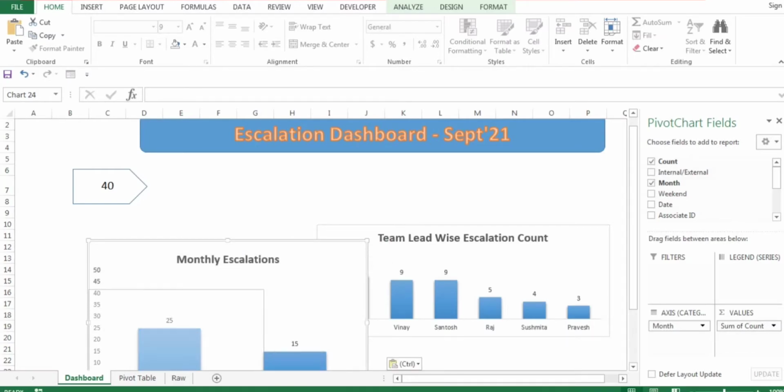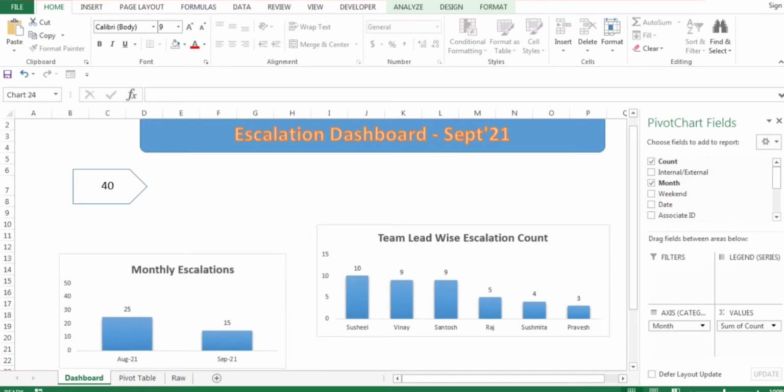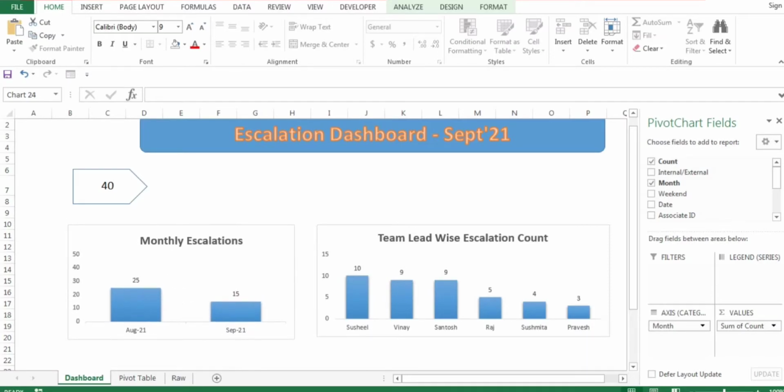Give me 1 minute. Sorry, actually maybe it got stuck. Okay, so resize done.